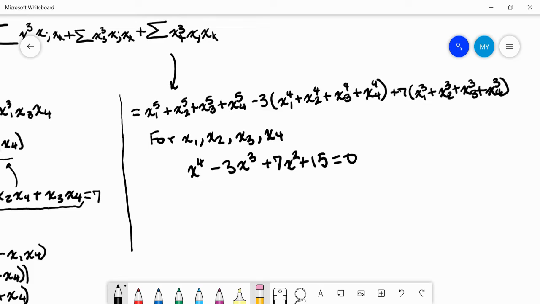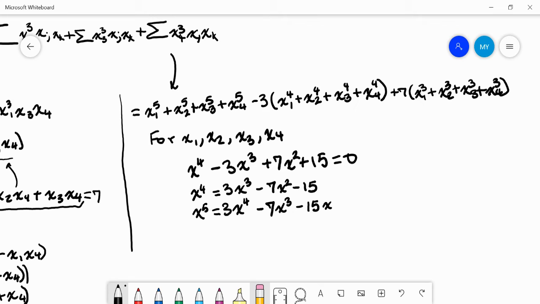This means that if we rearrange this, we know that x to the 4 equals 3x cubed minus 7x squared minus 15. And if we multiply by x, we get that for x1, x2, x3, and x4, x to the 5th equals 3x to the 4 minus 7x cubed